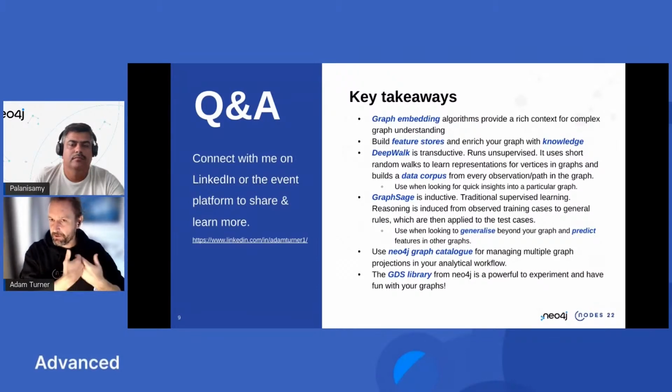But looking at the graph embedding frameworks for Neo4j, they really give you the opportunity to provide rich context for complex graph understanding, which is what I needed for my research, okay? You can build feature stores and enrich your graph with knowledge, okay? This is another great benefit of using the Neo4j platform and the Graph Data